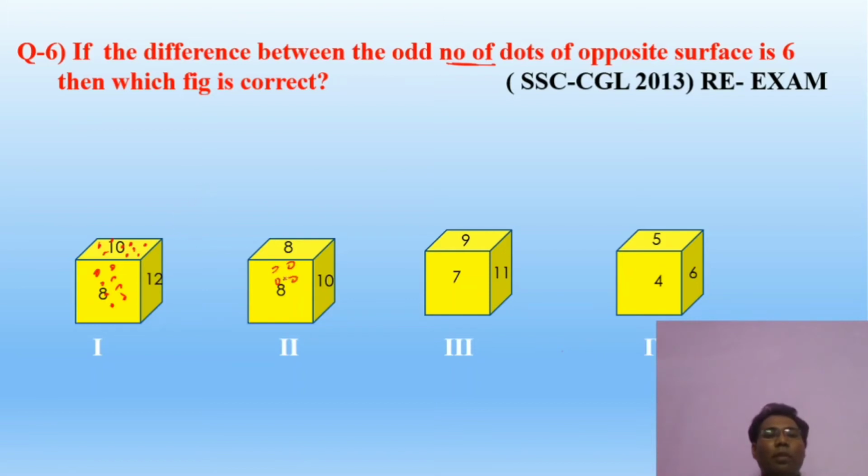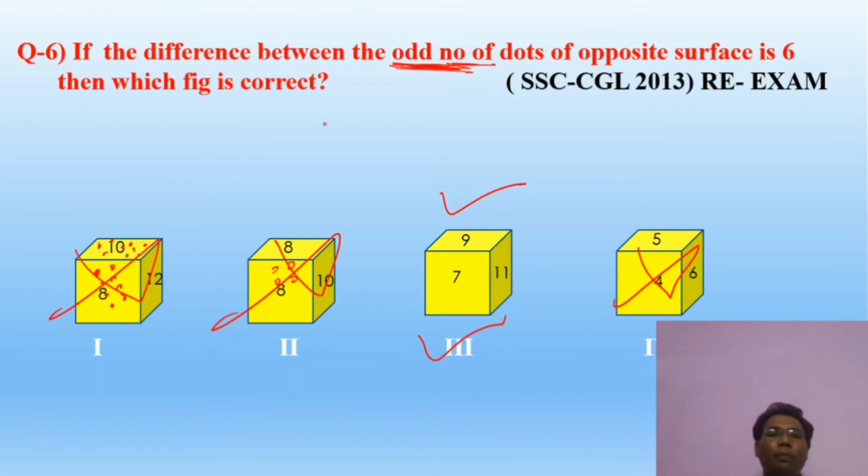Dots are there. Okay. So in this question it says odd number of dots. The question itself says odd number of dots, means even are not possible. So this is the correct answer. Answer is 3. Okay. In the examination they ask a very simple question. But if a 5th option is there, which is correct now?